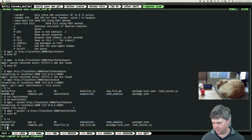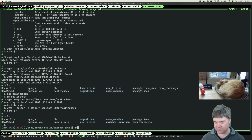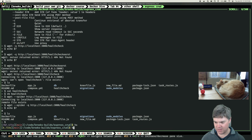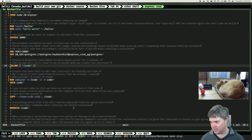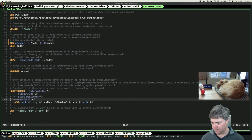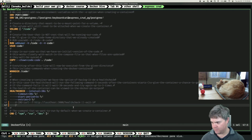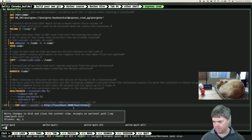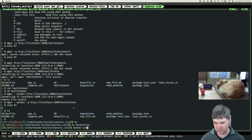So X out of here. Let's see. No, not that one. I want the Dockerfile. Where's my health check? There it is. So our command instead of this will be CMD wget --spider -q that. Okay, so we'll need to docker compose down again